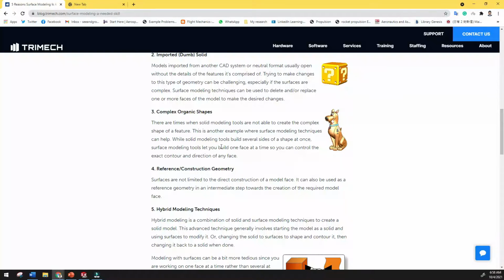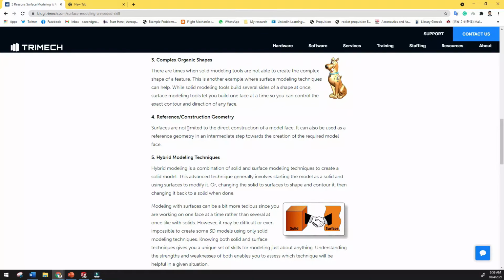Complex organic shapes: there are so many surfaces or shape models which are very complex, like here is a picture, dog figures are there which is very complex. When you design this kind of model, you have to use surface modeling while designing complex shapes.